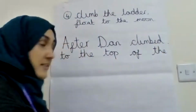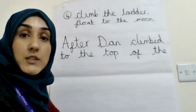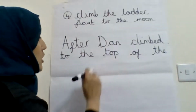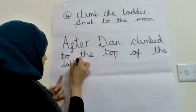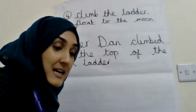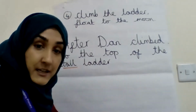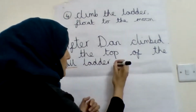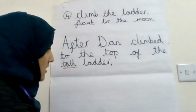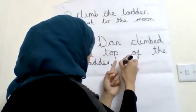Now I don't want to just write the ladder. I would like to use an adjective to describe my ladder, and I'm going to use the adjective tall. After Dan climbed to the top of the tall ladder, and I'm going to use my orange pen to underline my adjective because I've described my ladder. Okay, and I'm also going to put a comma in there because it's quite a long sentence that I'm writing. I need to break it up. So after Dan climbed to the top of the tall ladder, he